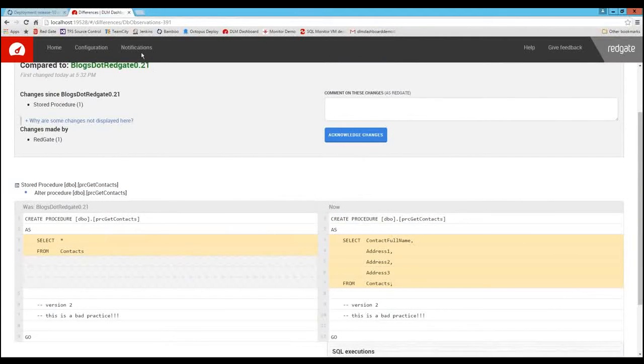So yeah, and you can also set up notifications here, so you can email specific team members when there is drift on your databases, so they'd be notified. And if those changes are actually valid changes, then you would need to make sure that those changes are reflected back in your development environment. So that way it goes into source control and it's included as part of the next release. So that way you don't override those changes when you do your next